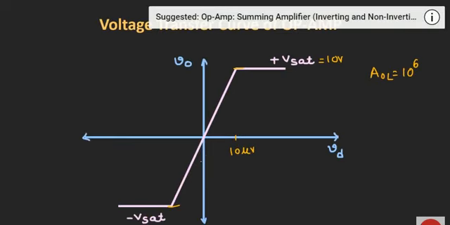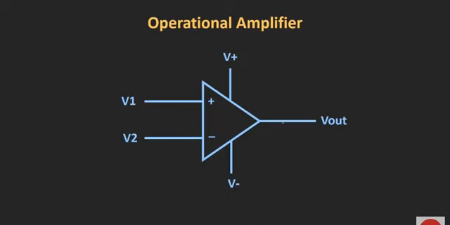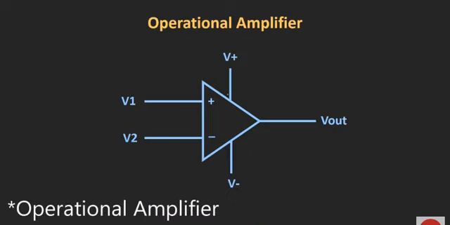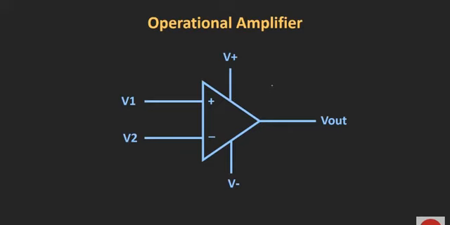But whenever we are using this op-amp in open loop configuration, this linear range is very small. So if we want to use this op-amp as an amplifier, we need to somehow control the gain of this amplifier, and we can do so by applying feedback from output to the input side. There are two ways by which we can apply this feedback. One is providing the feedback from output to the positive, or non-inverting, input terminal, and the second is providing the feedback from output to the inverting input terminal.